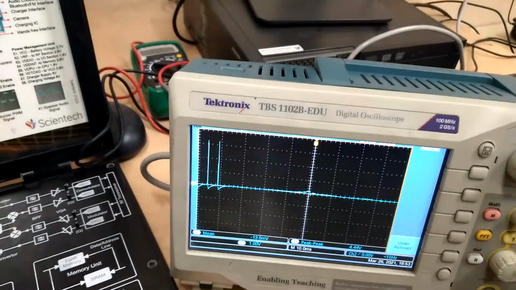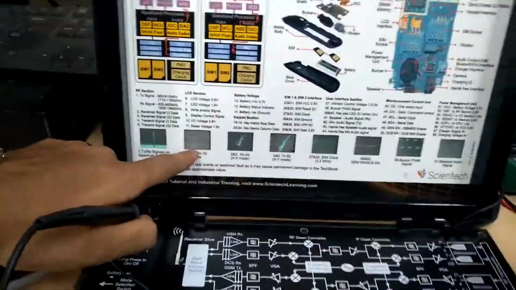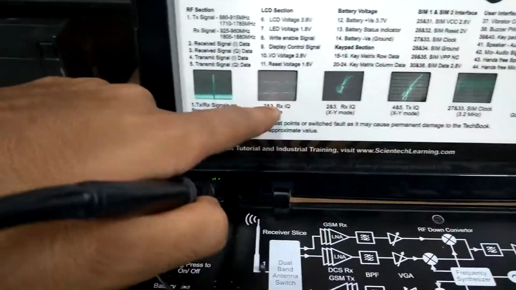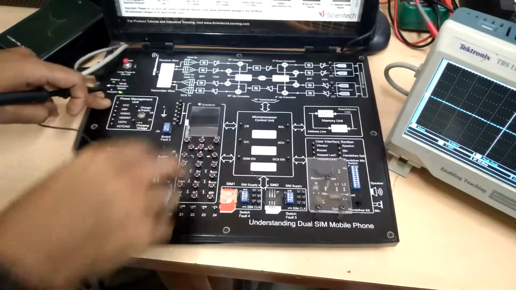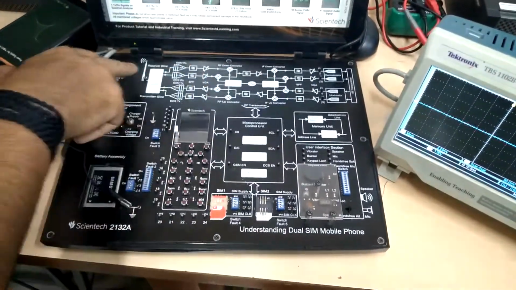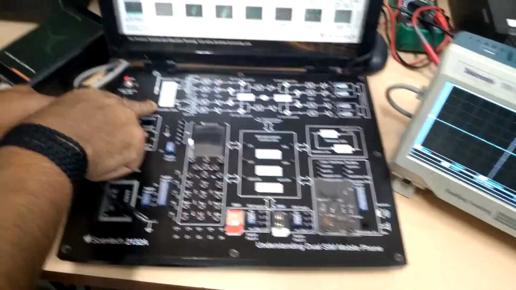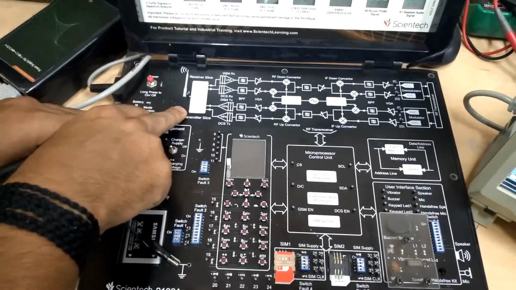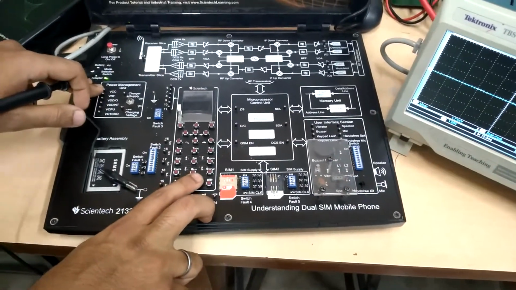If you see here, this is the waveform. So likewise, we have to observe each and every waveform for IQ transmitter, IQ receiver, baseband transmitter receiver. For baseband signal, we need spectrum analyzer. So these are the waveforms.